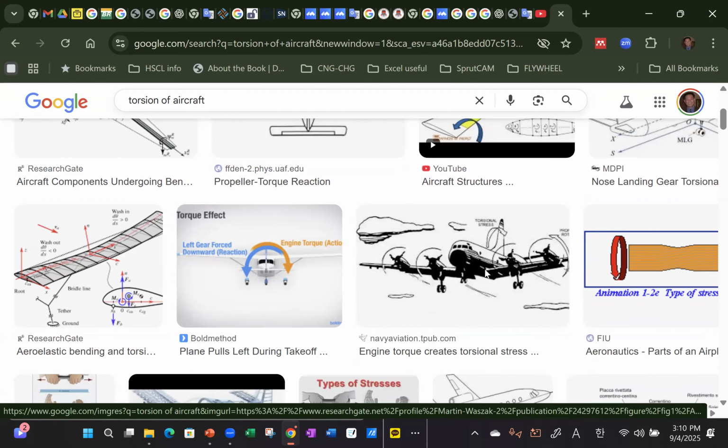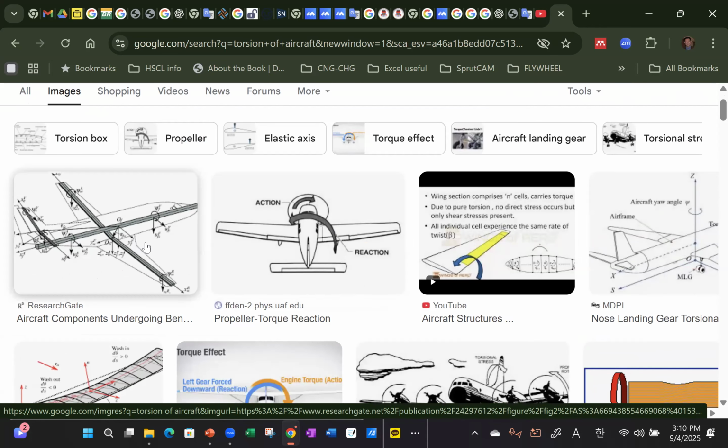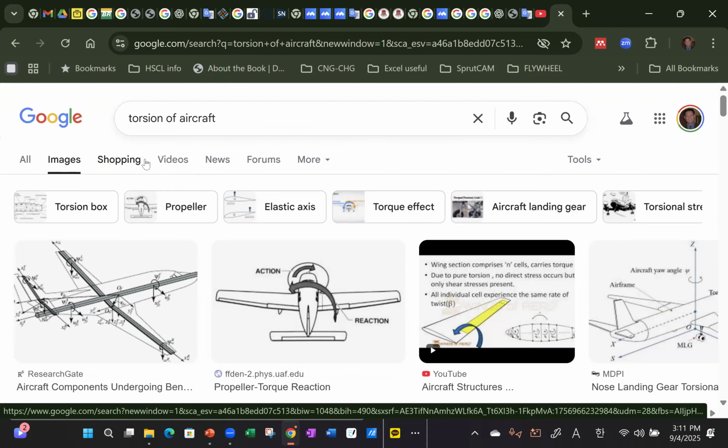And when you fly, these structures, the wing especially, are subject to vertical load, and of course it bends, but importantly it twists as well. Very important. So the cross sections of a wing